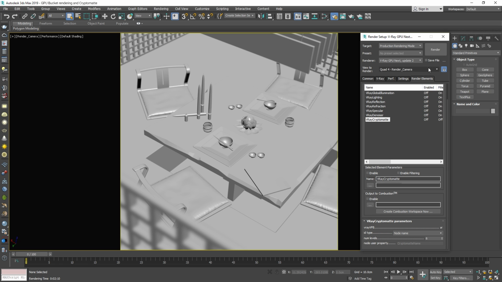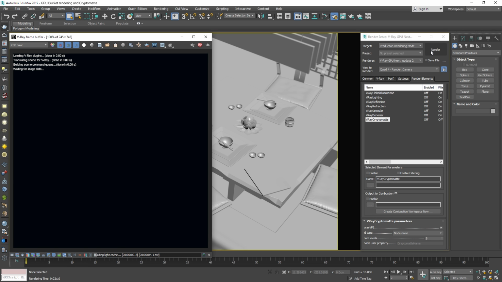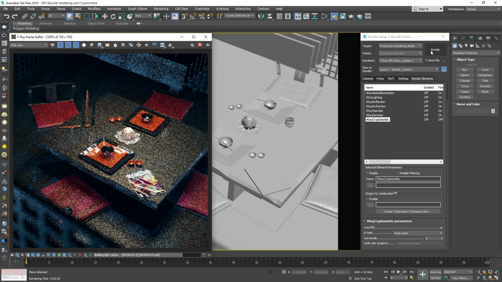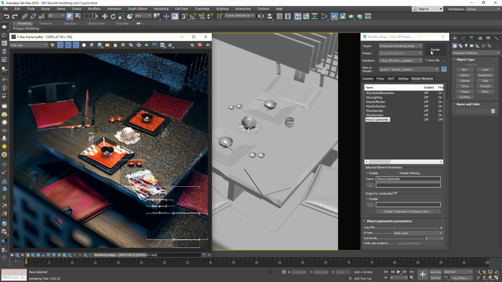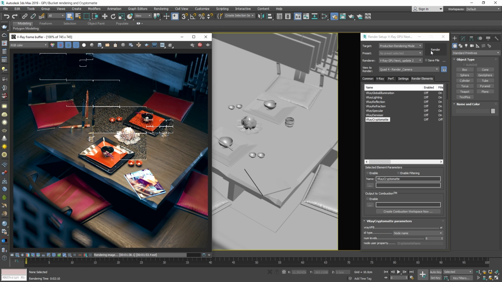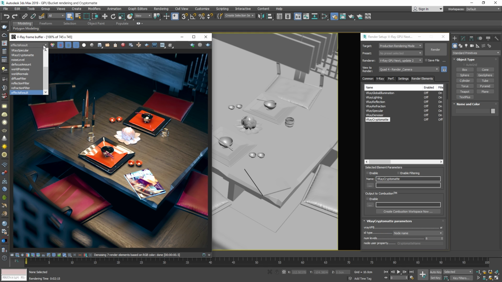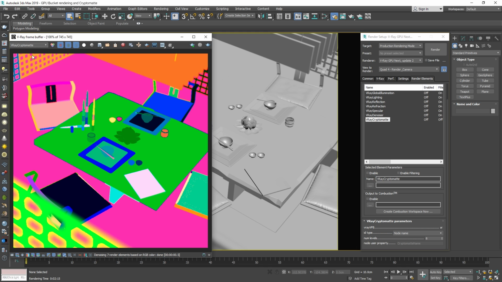Okay, now let's go ahead and start our render. You'll see that after the light cache finishes its calculation, the buckets appear from the GPU and CPU to render the image. Okay, after the render is complete, let's double-check the Cryptomatte render element here in the drop-down list. As you can see, the Cryptomatte render element created masks for all of the objects in the scene based on